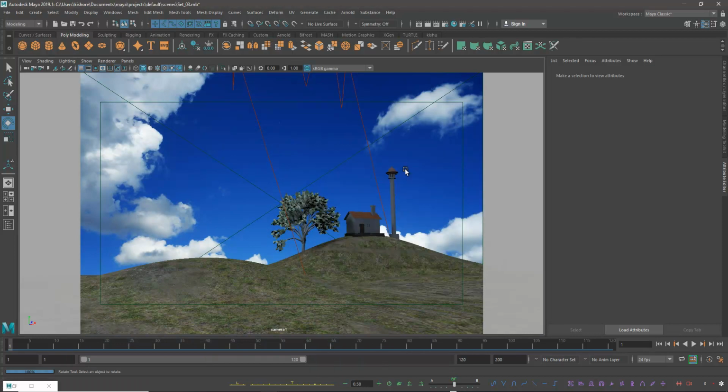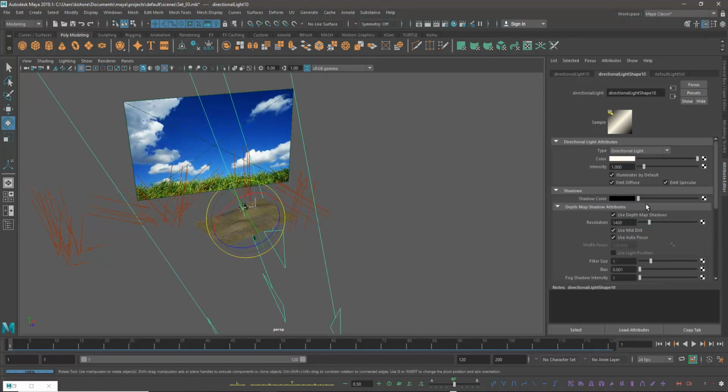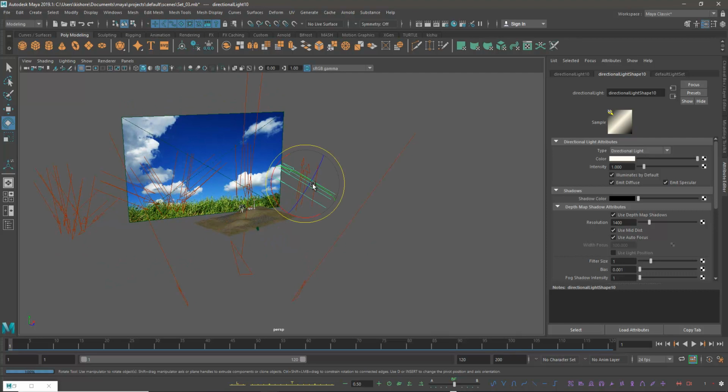Select the sunlight and change the direction like this. And here I'm adjusting the intensity to 0.22